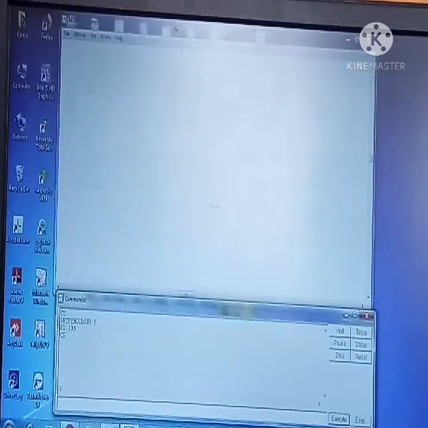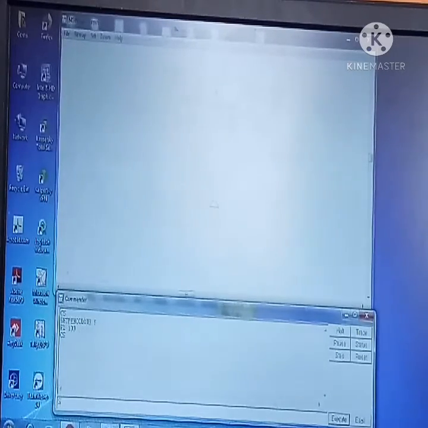So now let us learn the next command, set pen color. You have seen the turtle is drawing the lines in black color. If you want to draw your square or whatever shapes in a different color, you can use set pen color so that you can draw the shapes in different colors.